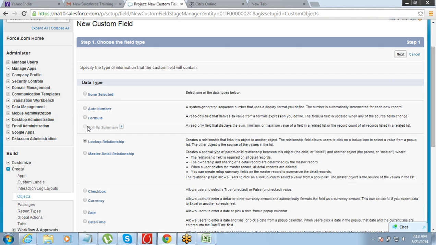I'll show it to you. See here, here is a field called roll-up summary. On your field types, there is a field called roll-up summary. So what does this roll-up summary field do? It's a read-only field